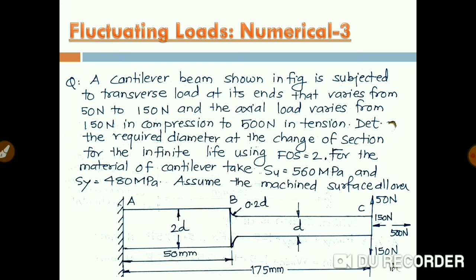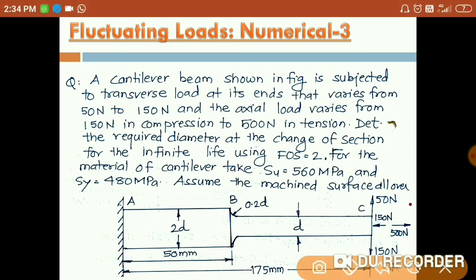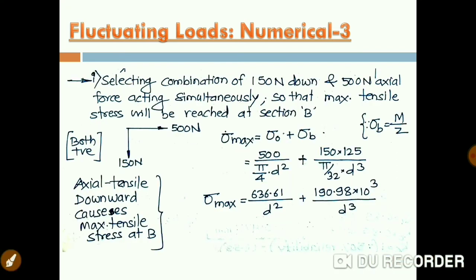So by seeing this figure, we come to know that the axial load varies from 150 Newton compression to 500 Newton tensile, and the transverse force from 50 Newton upward to 150 Newton downward. Similarly, axial load 150 Newton compressive to 500 Newton tensile. Now observing this figure, we come to know that there is a combination which we need to find out. One combination is going to give the maximum stress, the other the minimum stress. So finding out those combinations,